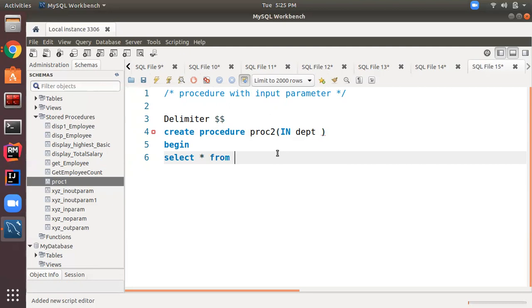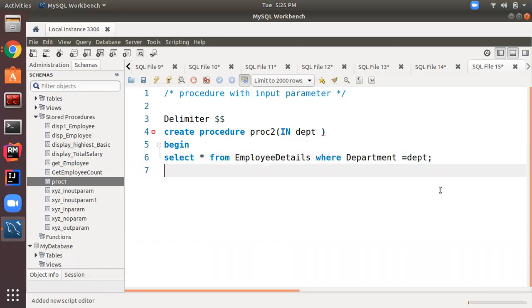SELECT * FROM employee_details WHERE department_name is equal to dpt, and this department variable value will come from outside this procedure, from the calling method, from the user.